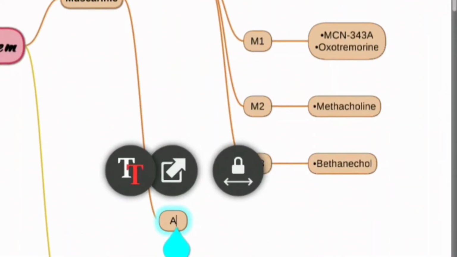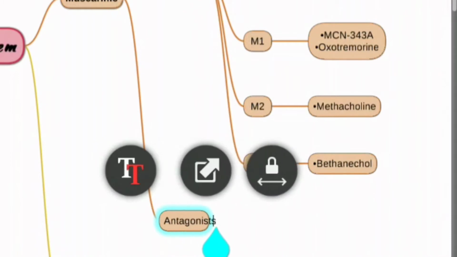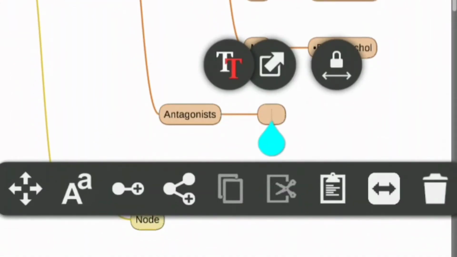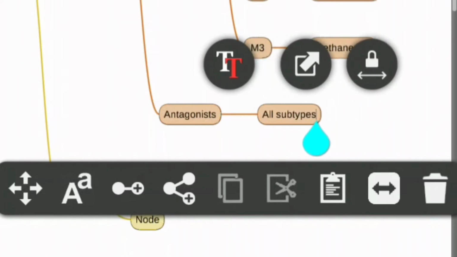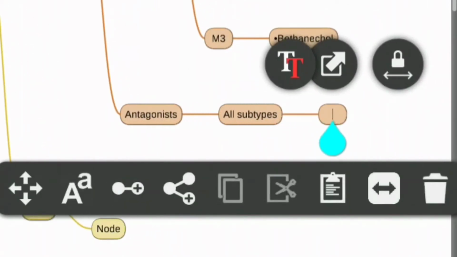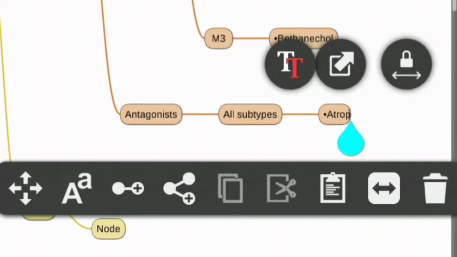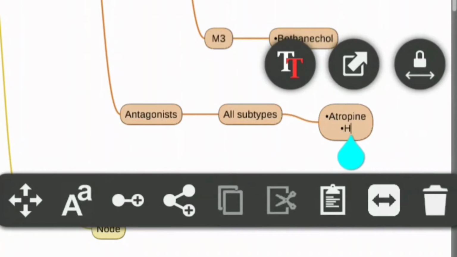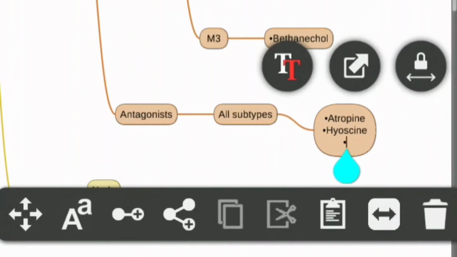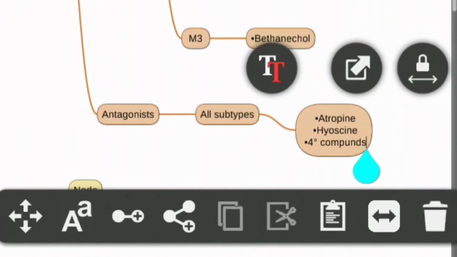Next, drugs acting on muscarinic receptors, the antagonists. First, drugs that act on all subtypes of the receptors: atropine, hyoscine, also known as scopolamine, quaternary compounds,